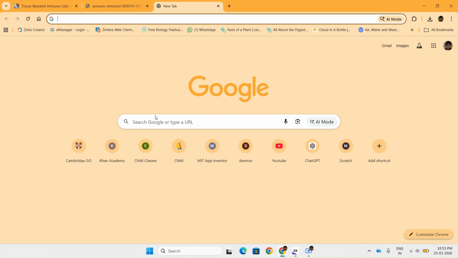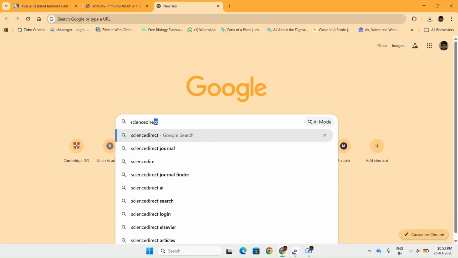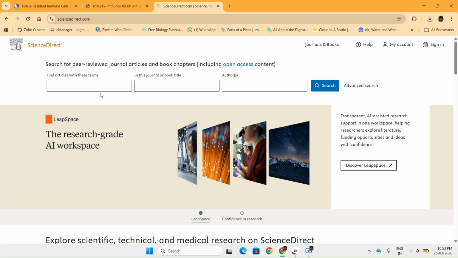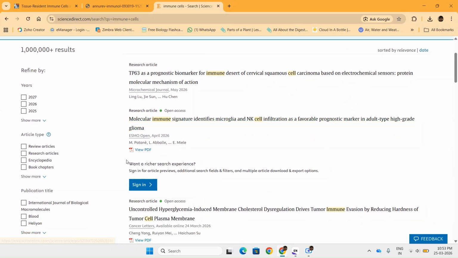Similarly, we can directly import papers from ScienceDirect. Same way, you search for the keywords and look for the articles. See here, these articles will have the PDF readily available.